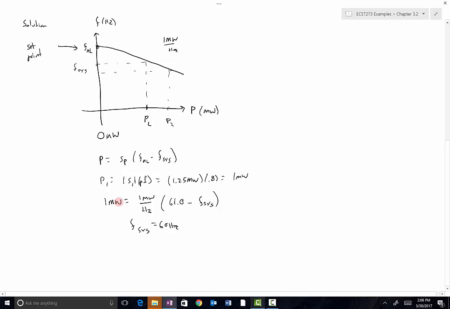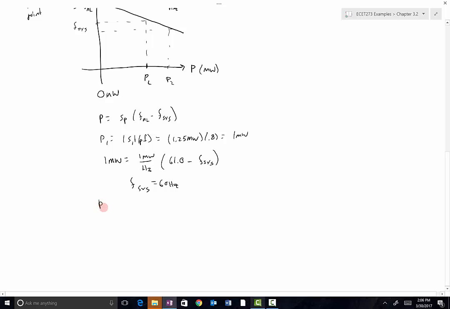How much? Well, we need to know how much the power increase is. So we need to solve for P2. That's going to be the magnitude of S2 times the power factor, which is 1.25 megawatts times a power factor of 0.707 for load 2, which gives me 0.883750 megawatts. Okay. So P new is P1 plus P2, so that's 1.883750